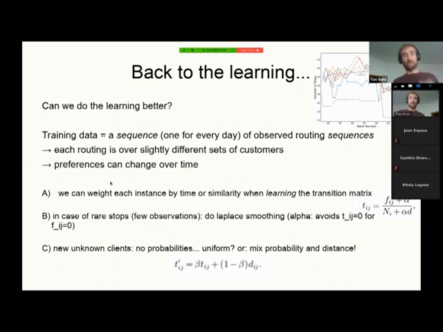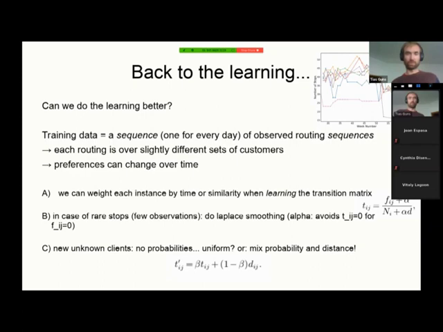And so we made 3 adaptations to the learning. The first one is that instead of just taking each of the historic instances, taking their count and making it relative, we can actually give different weights to different instances. For example, the instance of yesterday, the kind of routing that they drove yesterday, we can give it a much higher weight than the one of 2 days before. And the one of 2 days before can have a lower weight again, and lower weight again. So depending on the time, we can decrease the importance or how much evidence that instance provides to our